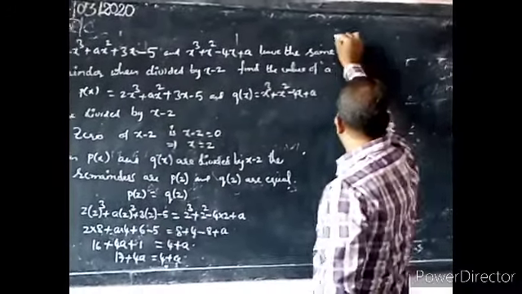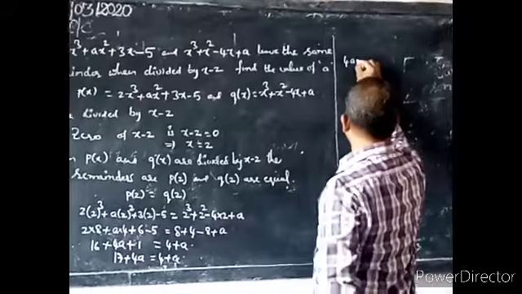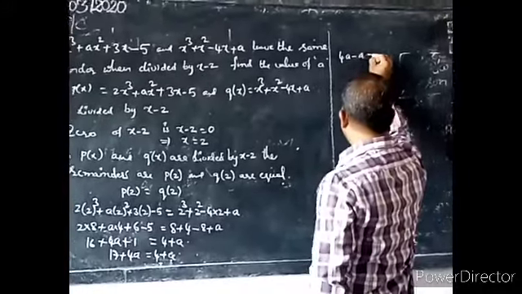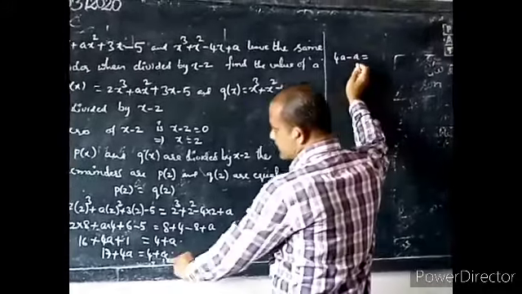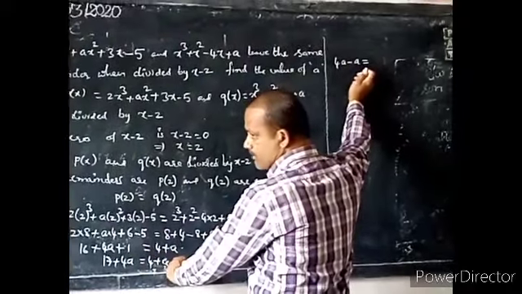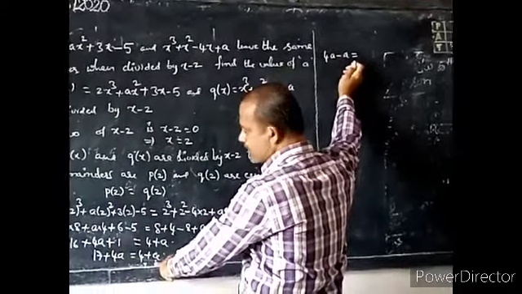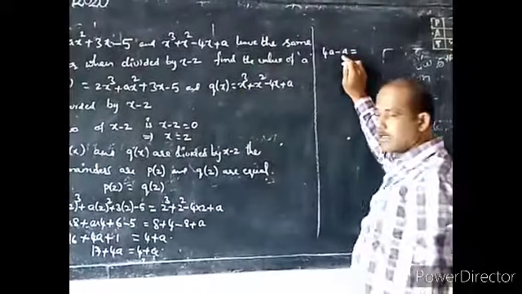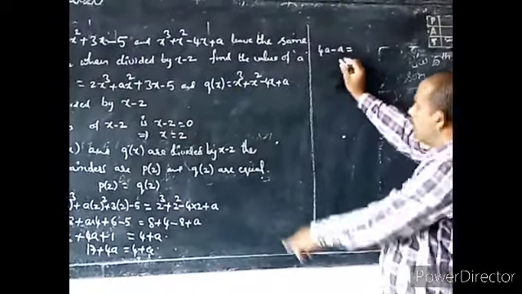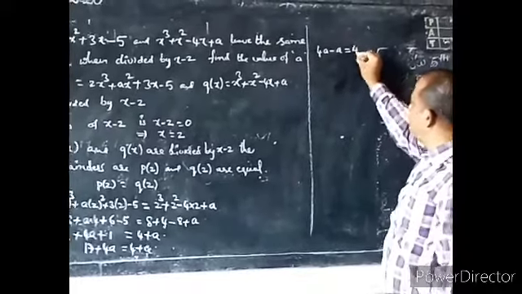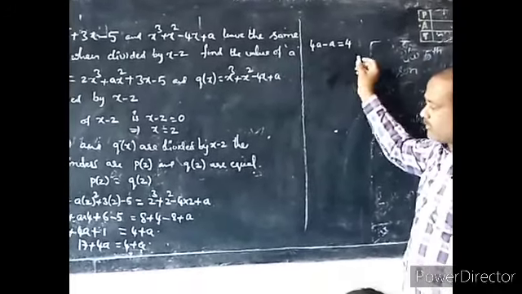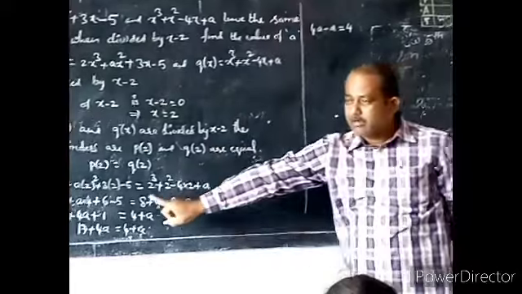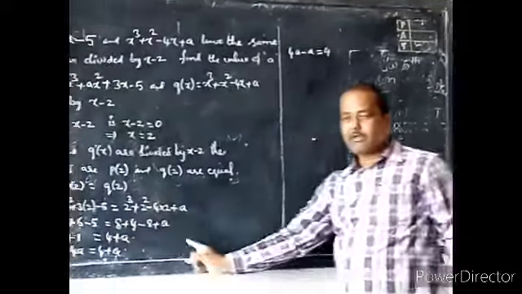4a minus a. The right side a will be sent to the left side. Here it is plus a, so if you transpose it becomes minus a. On the right side, what number do you have already? 4. You have already 4. Now 17 will be transposed from left to right.